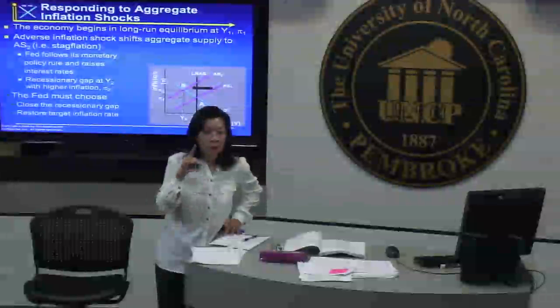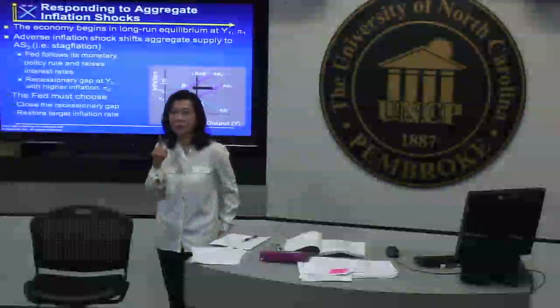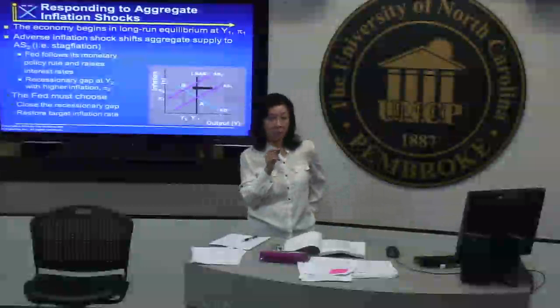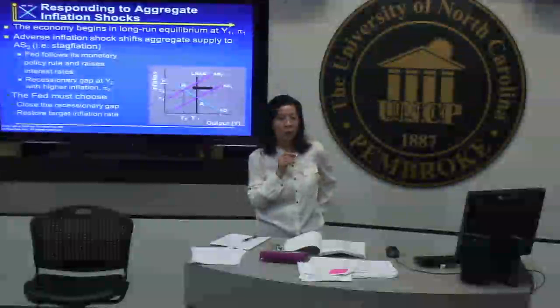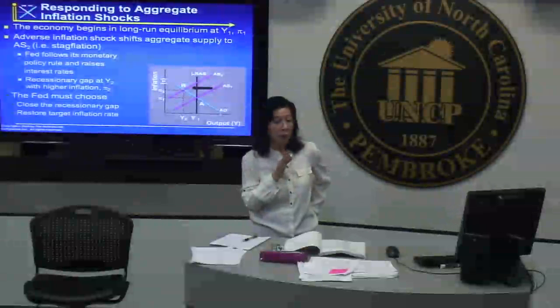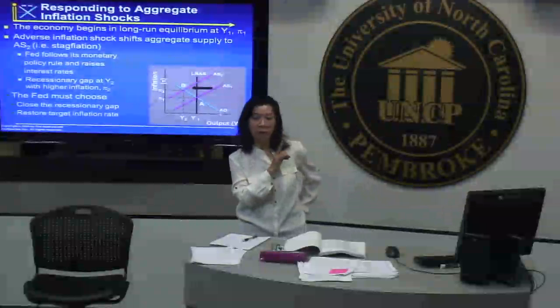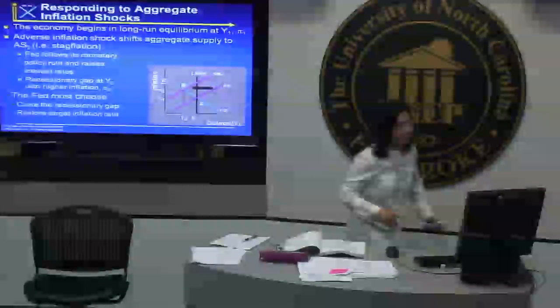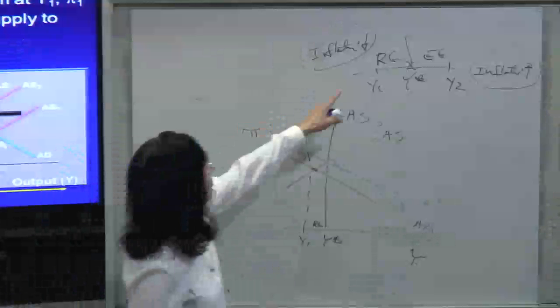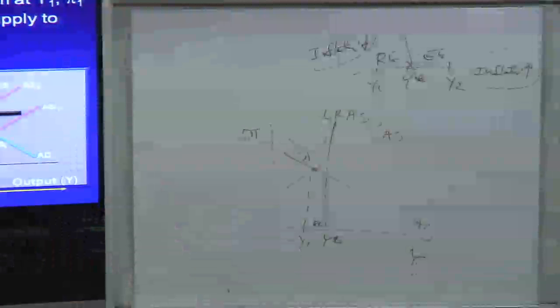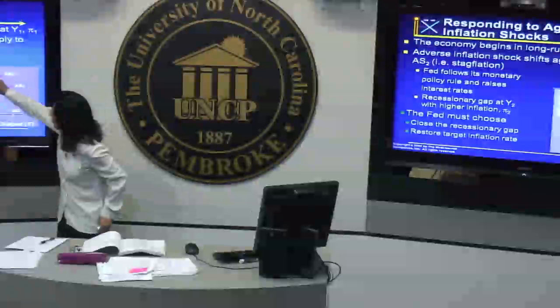Now, if you don't want to be like Keynesian people, if this recession turns out to be short term and you could predict it, you say, well, then we'll just do nothing. Do nothing means let the economy self-correct itself. Let this self-correcting mechanism kick in. What does that mean? Do nothing. Because if you do nothing, when you're in a recessionary gap, there is a tendency for the inflation rate to come down anyway. So if you do nothing, eventually this will come down slowly